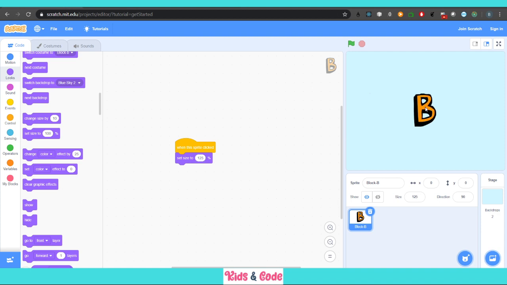You will see when I click on this button, it will increase in size every time. Okay, I can set it to a higher value as well. I can set it to, let's say, 200, and it will increase in size to 200. To bring it back to its original size, I can basically click here and type 100 here to revise the size back to what it was. So this is how you change size.